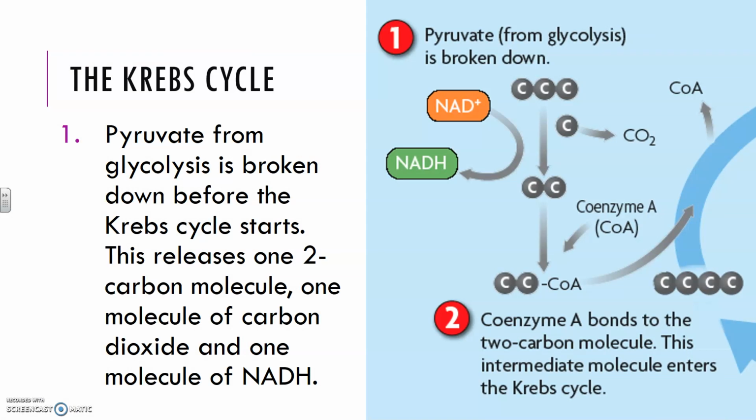So we're going to start looking at this step by step now. The pyruvate, which comes out of glycolysis, gets broken down before the Krebs cycle even starts. So we have our pyruvate here, which is the 3 carbons. It's going to release a carbon that will be picked up by an oxygen and produce carbon dioxide. You're also going to have an NAD plus come in and pick up some of that energy and release